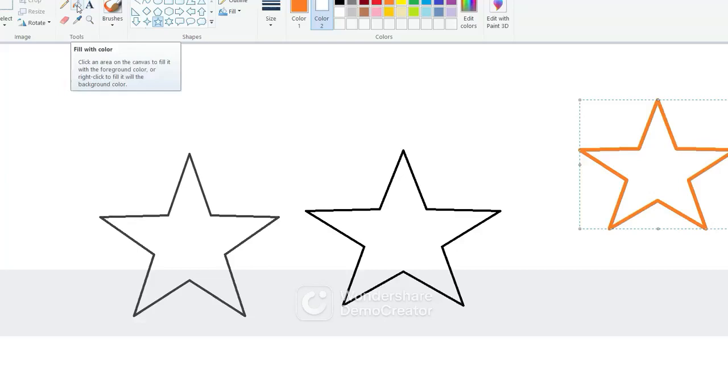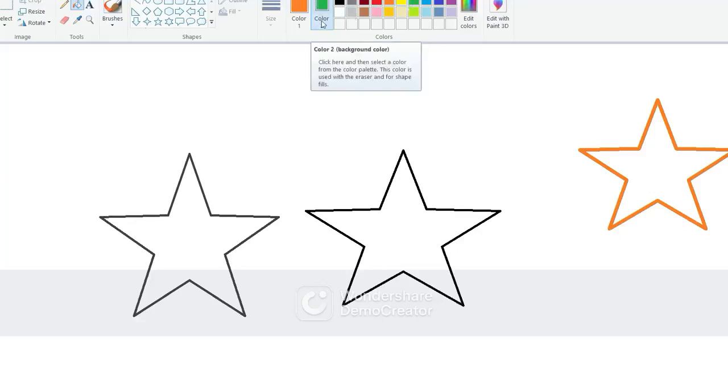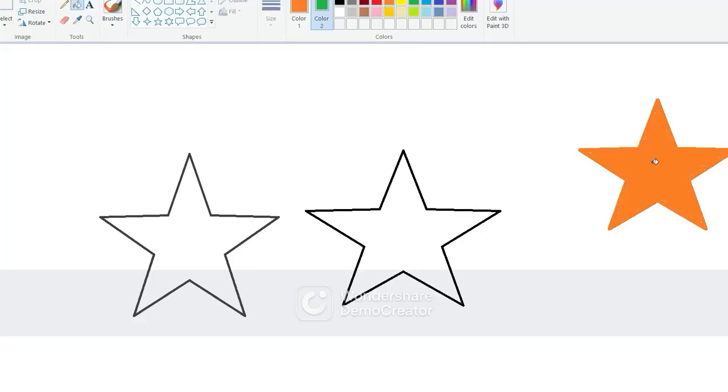Just click on the Fill with color tool, see your cursor has changed into the shape of a bucket. Now we can fill this bucket with any color. Suppose I am taking green color, I have clicked on green color. You can see here my background color has changed from white to green. And now where do you want to fill the color? Inside the third 5-pointed star shape, you just have to click once.